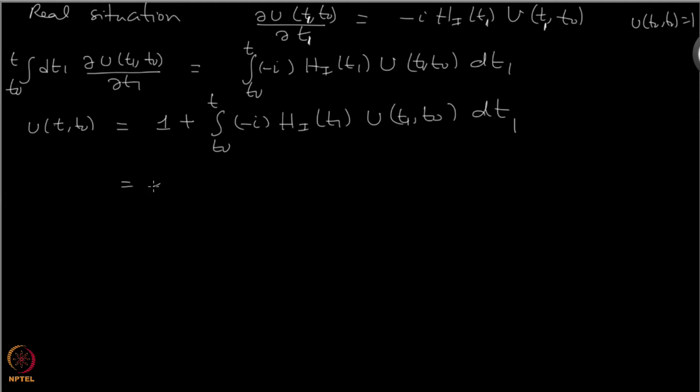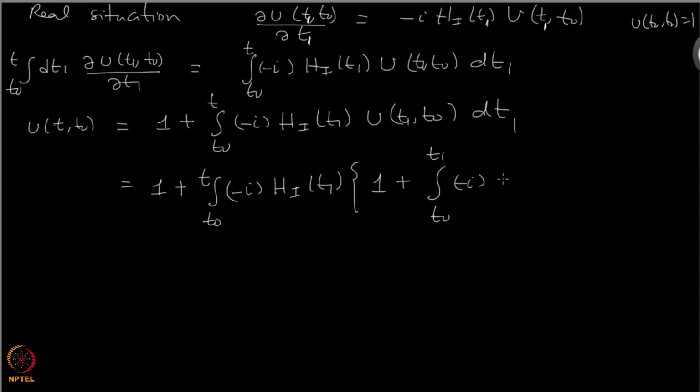So what do I get? I get 1 plus the integral from t naught to t of minus i Hi of t1. But now the first argument is t1, so I should put t1 here, and t1 here. So let me do it. So what is this? This is 1 plus integral t naught to t1 of minus i Hi, and here it should be a dummy variable, so I should write t2, u of